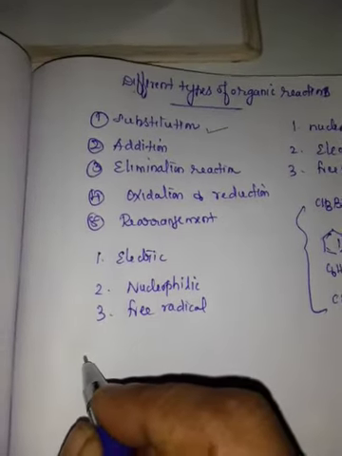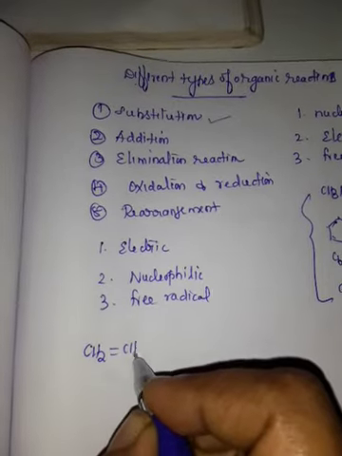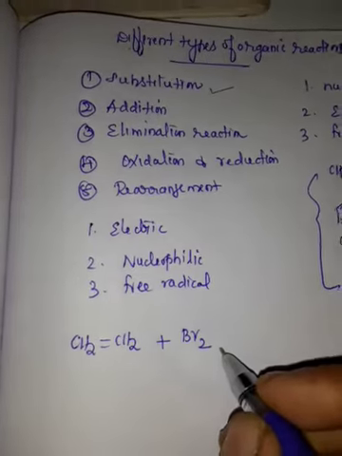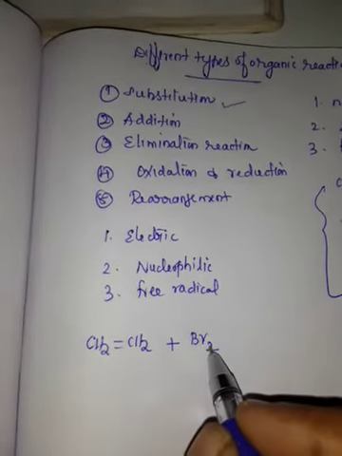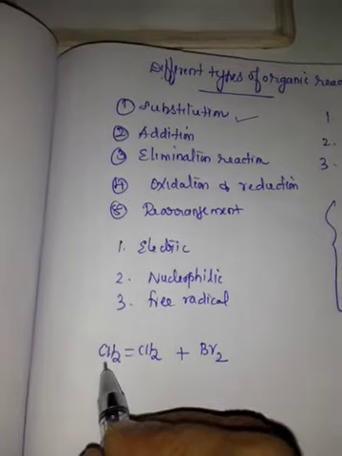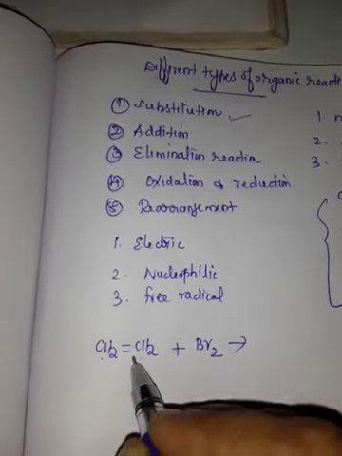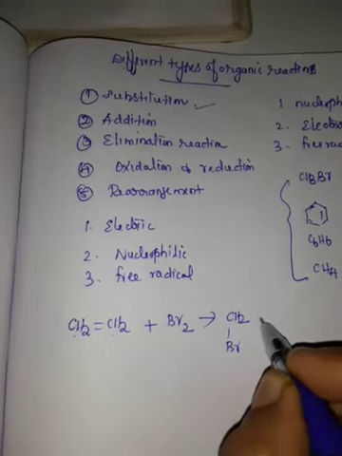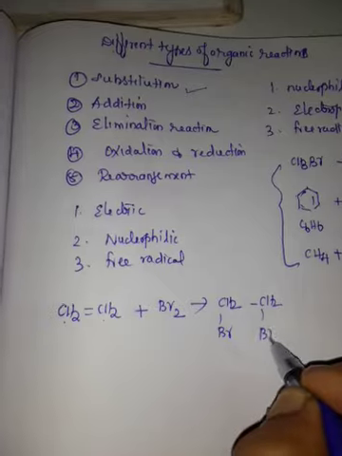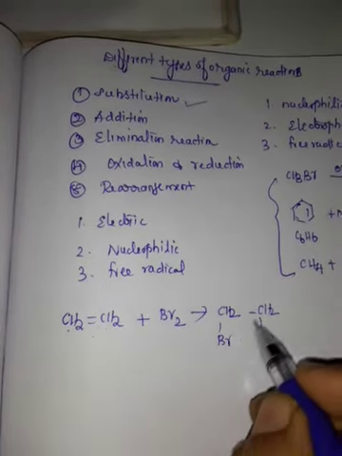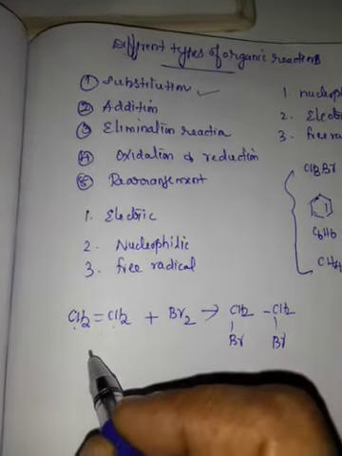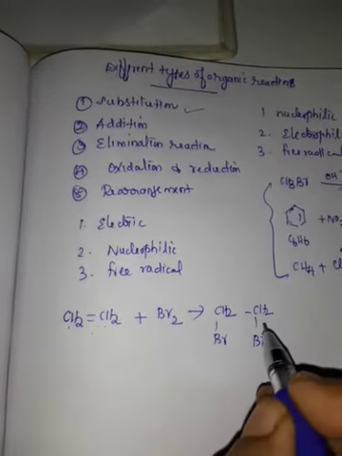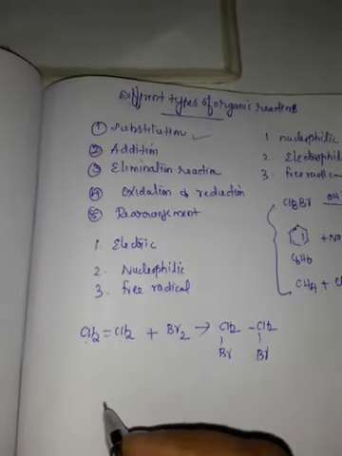Electrophilic, just an example, take ethene, CH2 double bond CH2. When treated with bromine, Br2, just adds. This Br2 is just added here, one Br this side, one Br this side. So the double bond becomes a single bond. So CH2Br, CH2Br. This is ethene dibromide, or common name ethylene dibromide. Just added. No other reaction happens, only adding. This is called electrophilic addition.